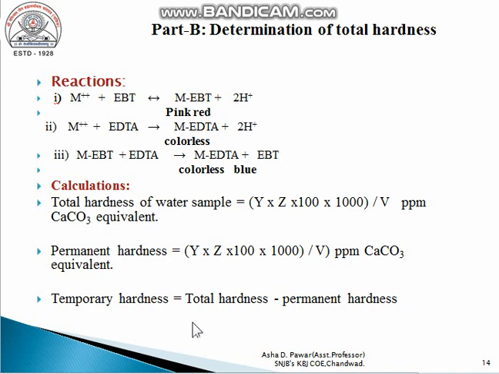The EDTA method is very advantageous because it gives a quick answer for the hardness, either total or permanent. We can easily differentiate the end point of the titration. A very crucial indicator is available for the titration, and the answer is obtained in a very few minutes. So the EDTA method is very important for hardness estimation.